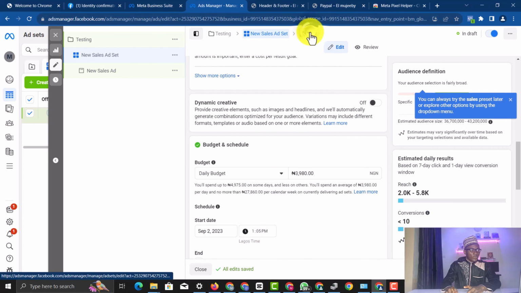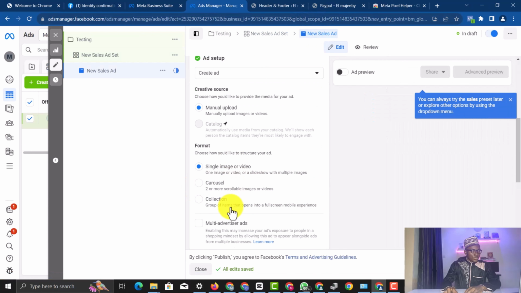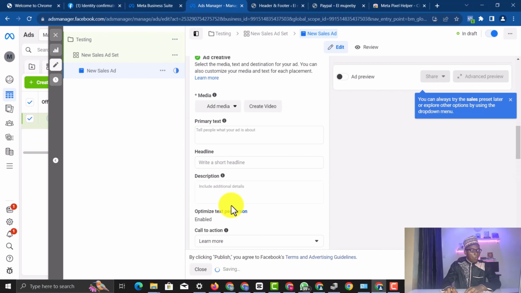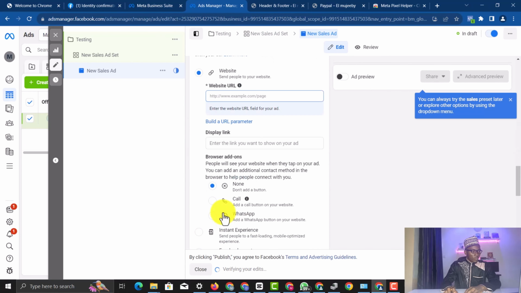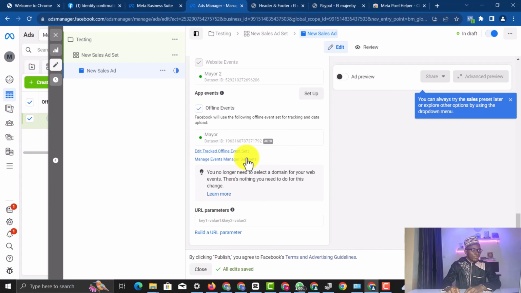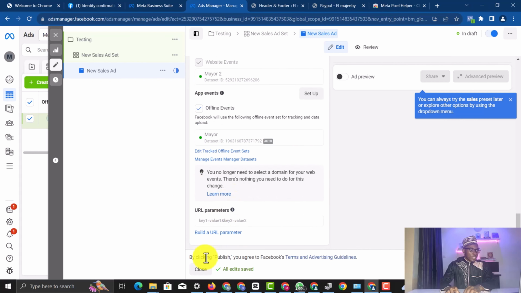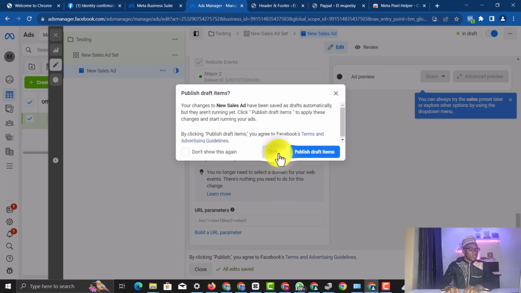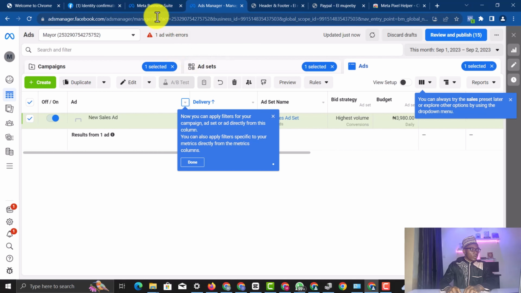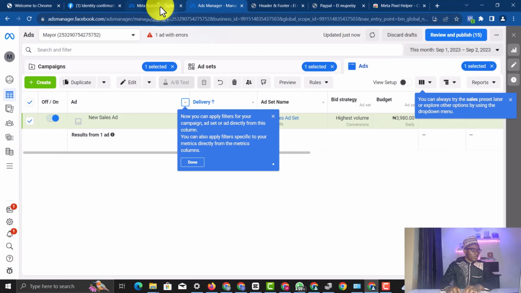But we want to come over to this ads level also, and just come down. All right, as you can see right here, as you confirm that this has the green button, that means it is measuring and it is tracking your website. So you want to close this, just close it, then come back to Meta Business Suite,